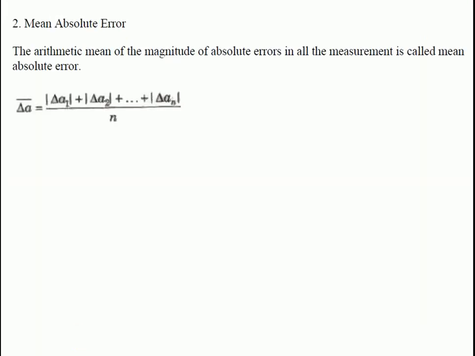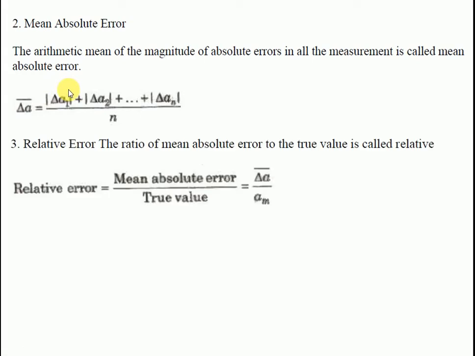So mean absolute error, to find the mean absolute error, you will find the average of positive of all the absolute errors. So that means you have to add all the absolute errors and you have to take the modulus. Modulus means you will take the positive value only. So if some of the absolute error is negative, then you take only positive value, not the negative. If it is negative also, you convert it into positive value. That is the meaning of the modulus.